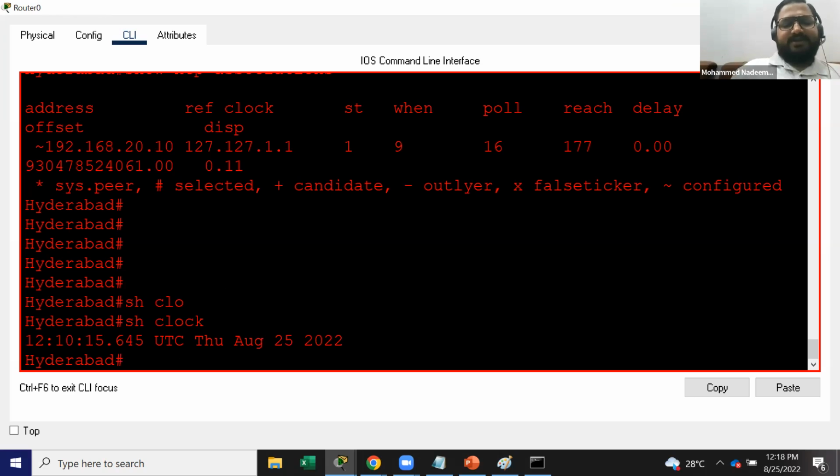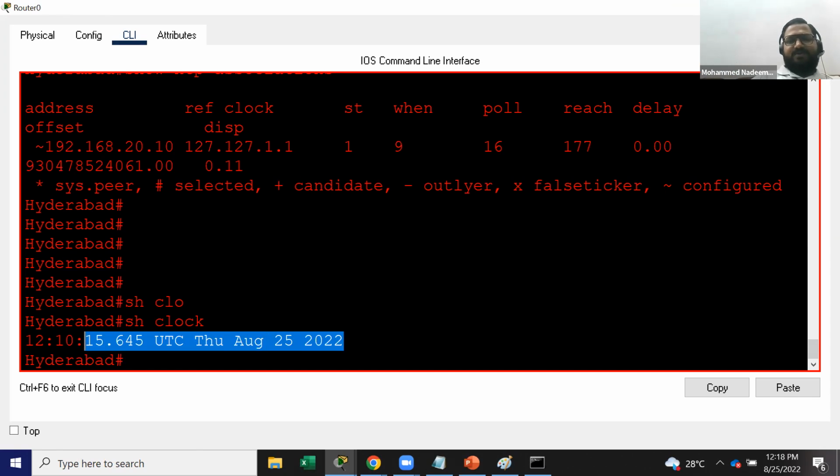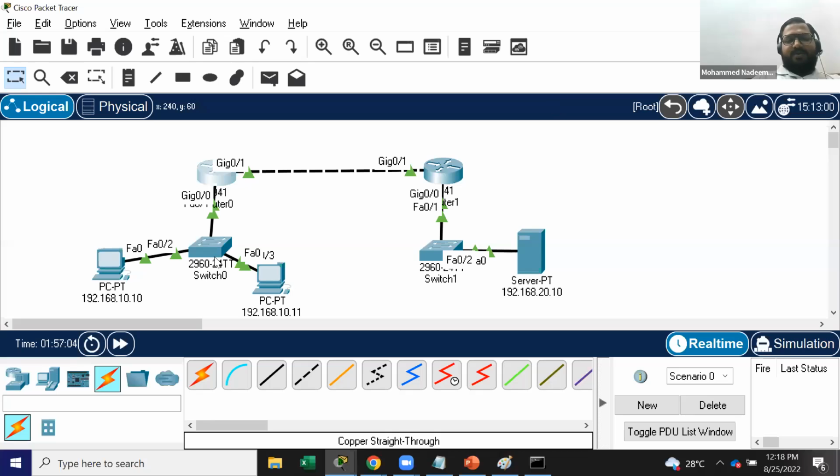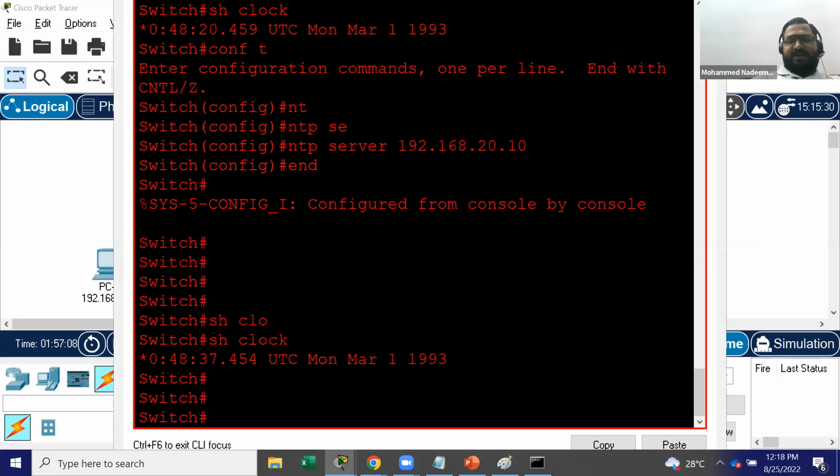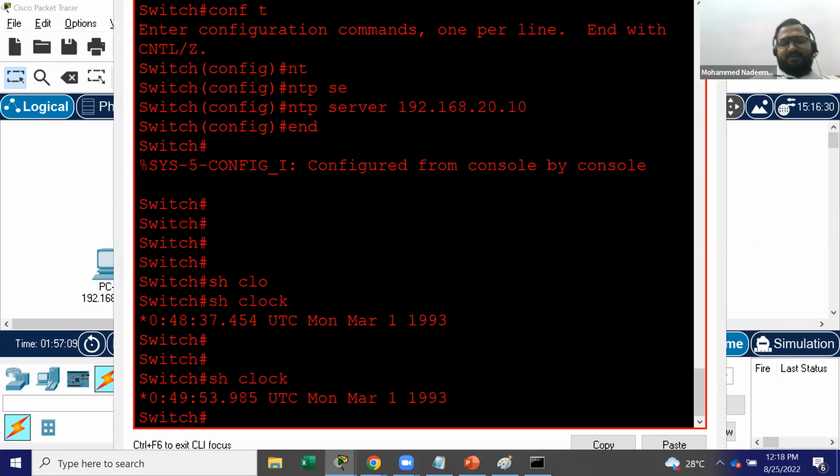Okay, can you see here? Show clock automatically came here. Now my router time got changed. It is 25th August 2022. And similarly, if I go to the switch, just now it was 1993. If I go here, just give it a little time, or maybe you can try to ping 192